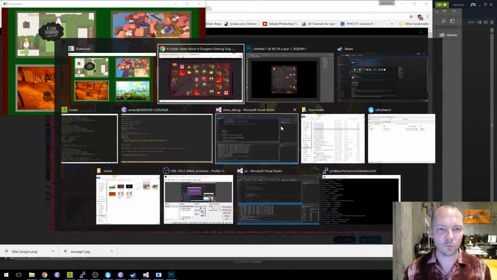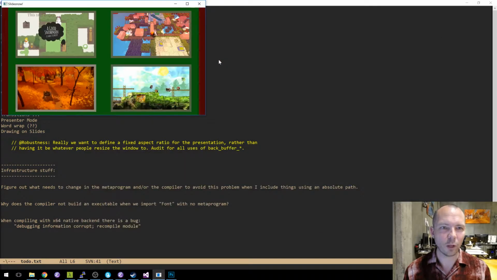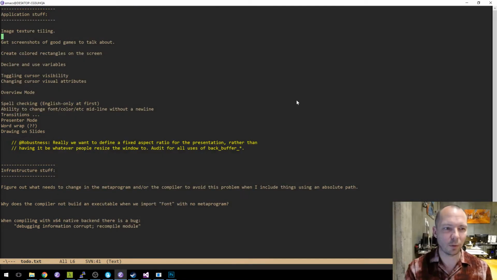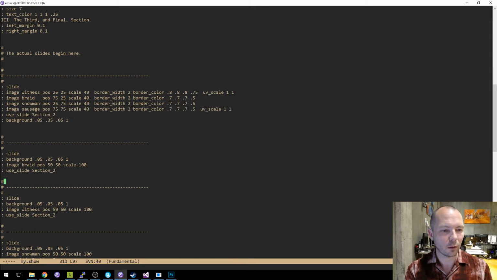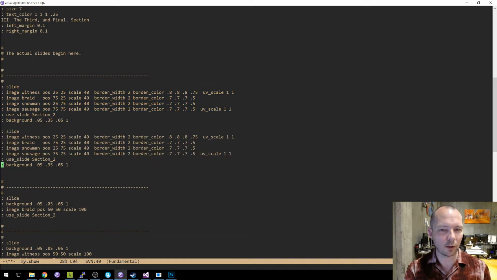Let's find out. Well, I guess we don't care, right? Because we're scaling to screen sizes. So let's just say we're going to make another slide with 4 up like this. Get rid of our UV scales.